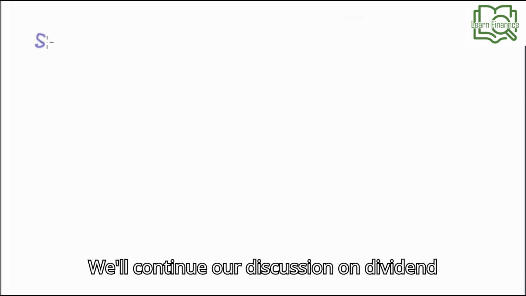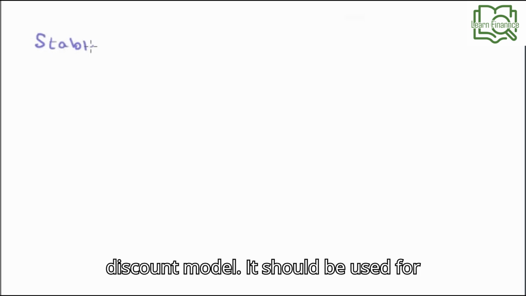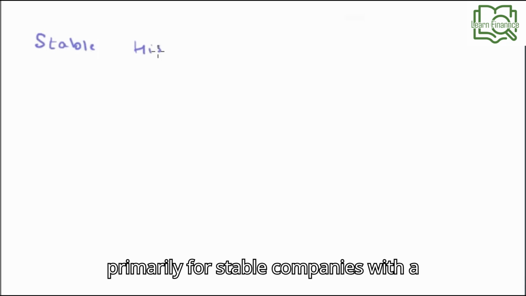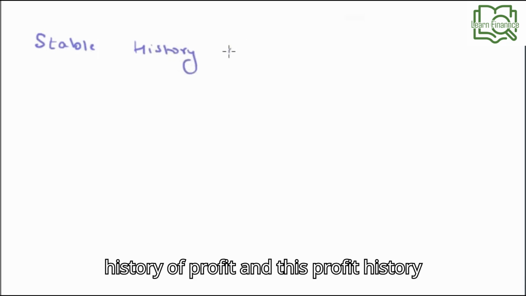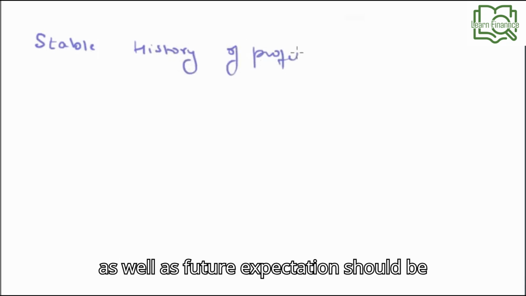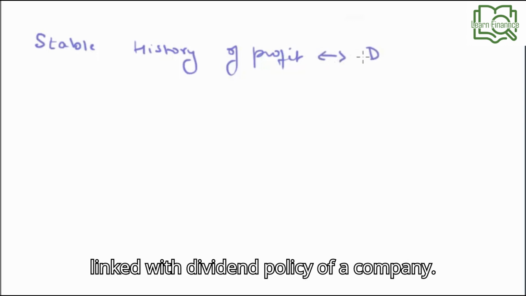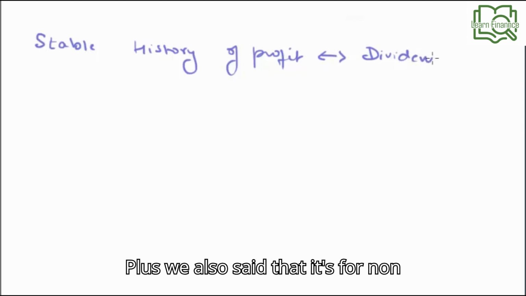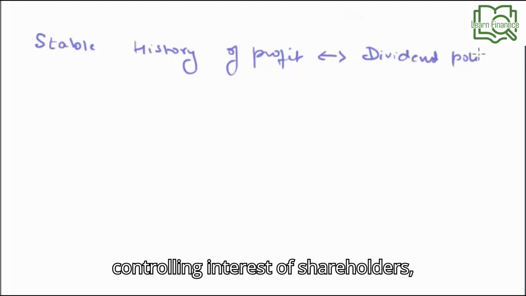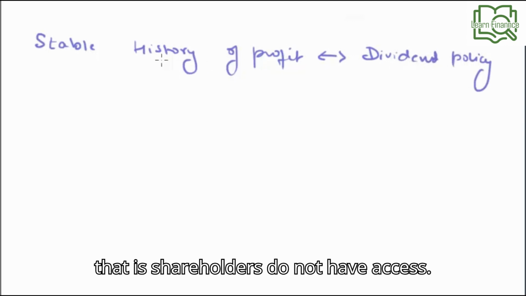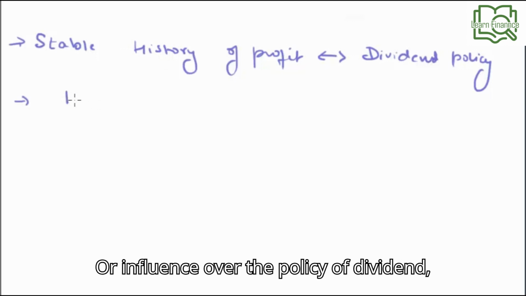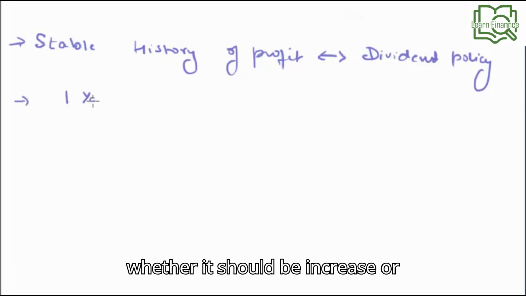We'll continue our discussion on the dividend discount model. It should be used primarily for stable companies with a history of profit. And this profit history, as well as future expectation, should be linked with the dividend policy of a company. Plus, we also said that it's for non-controlling interest of shareholders. That is, shareholders do not have access or influence over the policy of dividend, whether it should be increased or